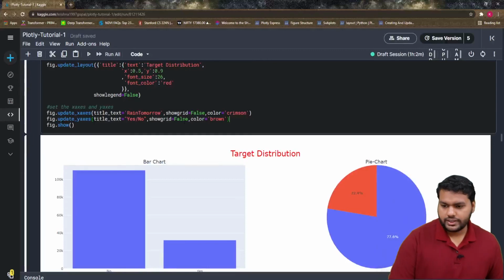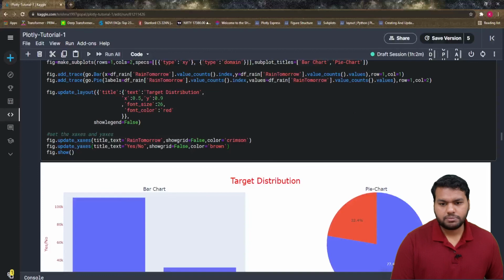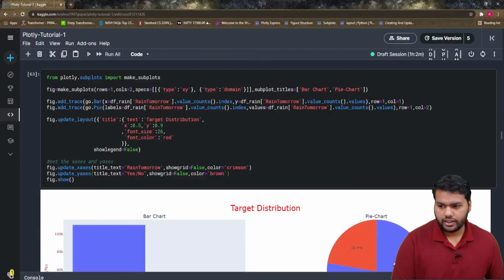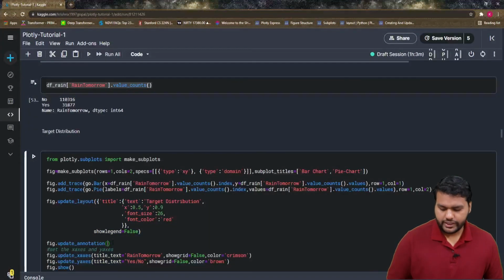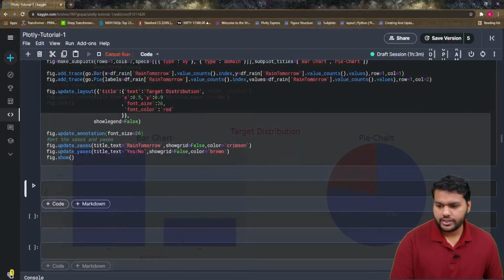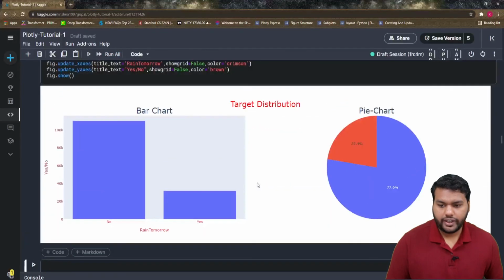Now you can see this color is changed, and this color as well. If you want to pass any color, you can pass the marker color in go.Pie or go.Bar, and it can change the color. You can pass update annotations, and inside it pass font size 26. Now you can see this size is also increased, and it looks fine.